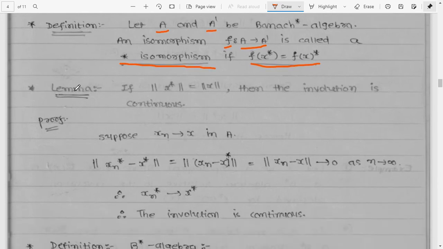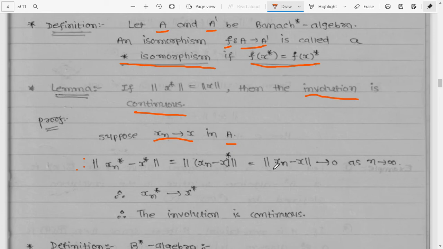Now we see the lemma statement. If norm x star is equal to norm x, then the involution is continuous. Let us see the proof of the lemma. Suppose xn tends to x in A. So let norm xn star minus x star is equal to norm xn minus x star